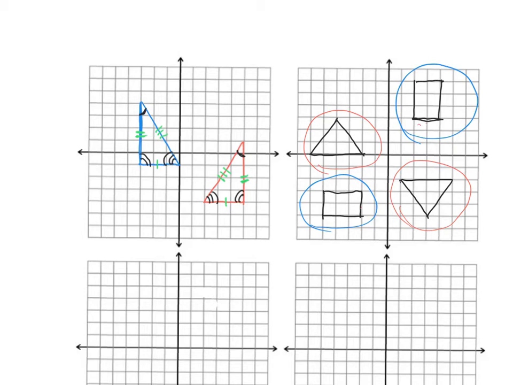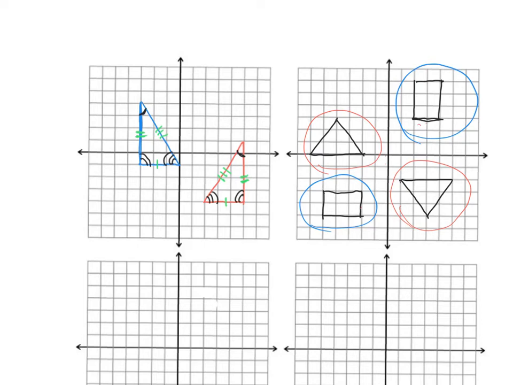Now let's talk about the type of transformation that could have caused one to the other. Let's look at the triangle first. There could be more than one transformation, so a rigid type of transformation. I looked at the triangle. It looks like it flipped upside down, so it reflected and then it moved. So this is a composition of two types of transformation. The triangle has a translation and a reflection,